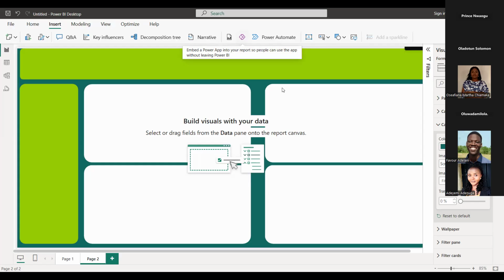Let me firstly say this. There are so many ways in which you can build frameworks. I have friends who use external applications such as PowerPoint or Figma to build their own framework, save it as a picture and bring it in here. But Power BI also has shapes that you can use to lay out your framework. The framework is just like laying a foundation when you're trying to build a house. It determines the structure of your dashboard and eventually your report.